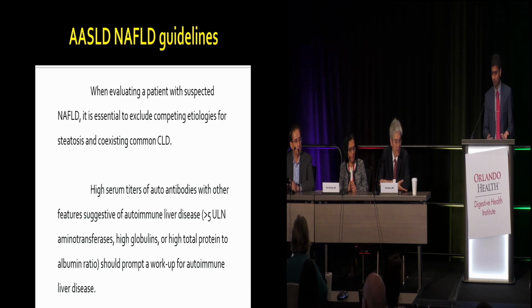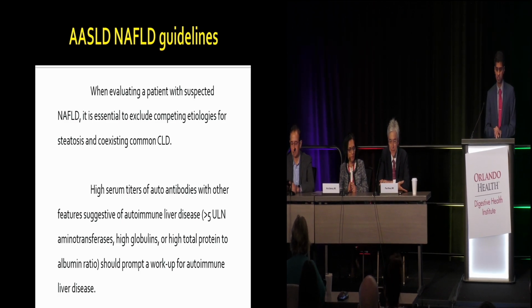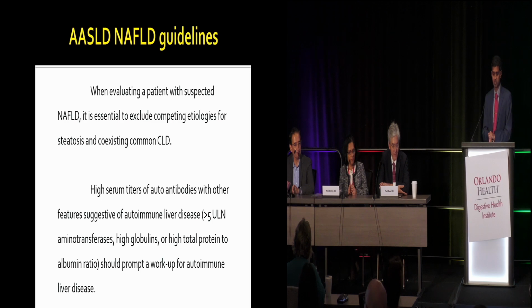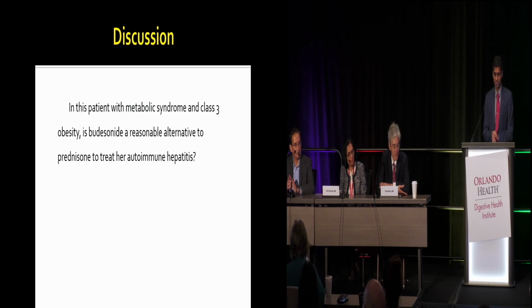Okay, perfect. So thank you for that remark. And this is what the AASLD currently says, because we all see patients with fatty liver disease, and sometimes when they have class 3 obesity, they may not even be referred to us. They may be assumed to have fatty liver disease. But when you're evaluating a patient with suspected fatty liver disease, it is essential to exclude competing etiologies for steatosis as well as coexisting common chronic liver disease. So high serum titers of autoantibodies with features of other autoimmune liver disease should prompt a workup for autoimmune liver disease. So we spoke about viral hepatitis, fatty liver disease, and we'll finish this by touching base on autoimmune